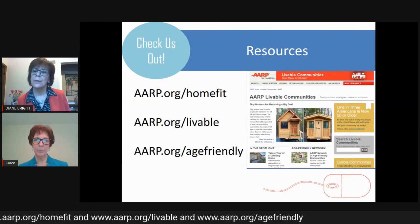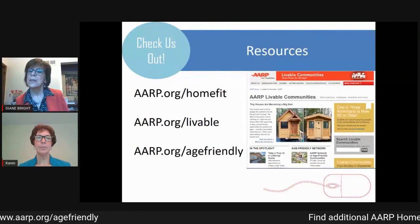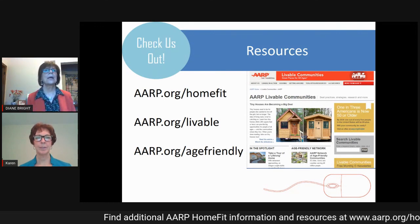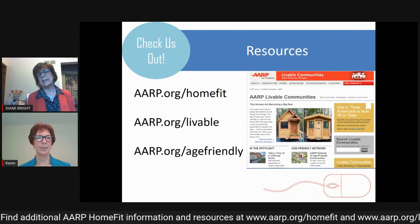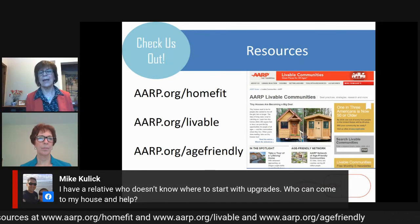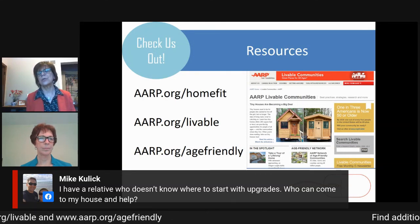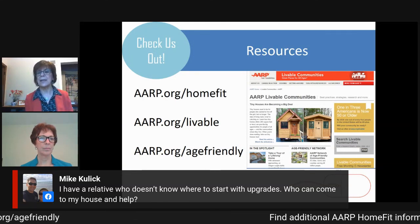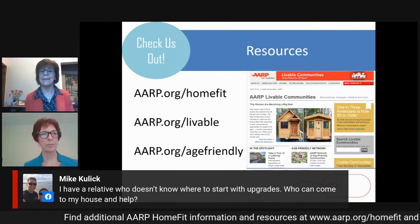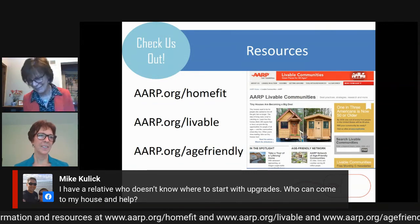There's one more question that just popped up: I have a relative who doesn't know where to start with upgrades, who can come to my house and help? Any of the specialists that we listed would be a good place to start, and you could have them come to the house. I would start at these sites where you can actually go to the site and see rebuilds that have been done, this type of program that makes you knowledgeable. So if your relative isn't on this, help me out here, Karen,